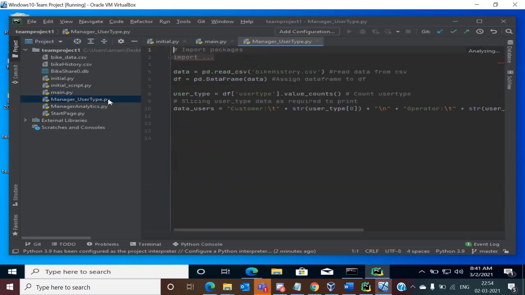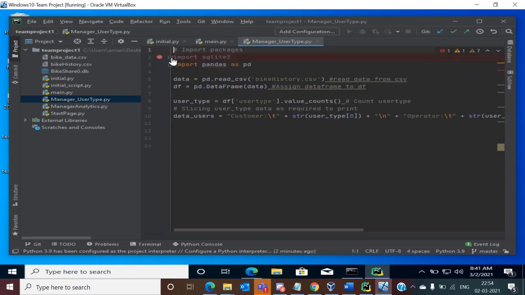Now I can go to Manager User Type. Here I can see that pandas is not installed. I can install the pandas package in my interpreter by simply hovering over the pandas word and clicking on Install package pandas. This installation usually takes time, depending on the package complexity.